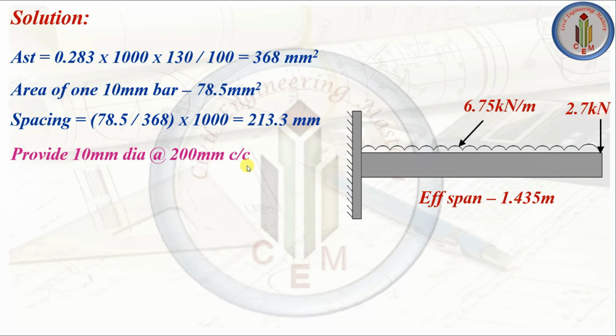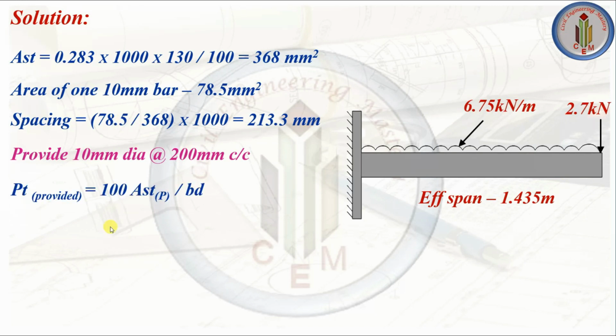Reinforcement we have to provide at the top, and I had explained in the part 1 video clearly why we need to provide this tension reinforcement at the top in a cantilever slab. So it is mandatory to know that we always need to provide the tension reinforcement at the top in a cantilever slab. At the bottom we need to provide the compression steel.